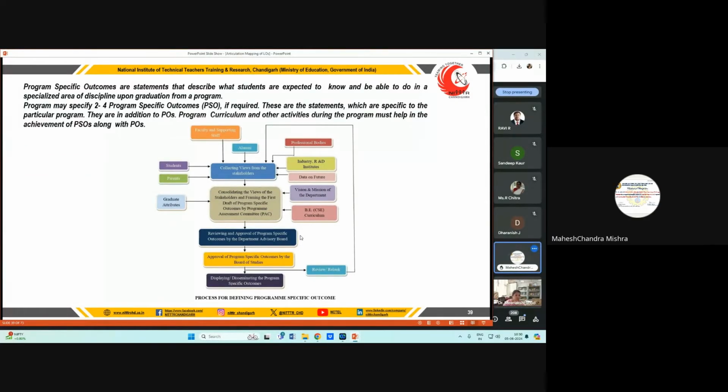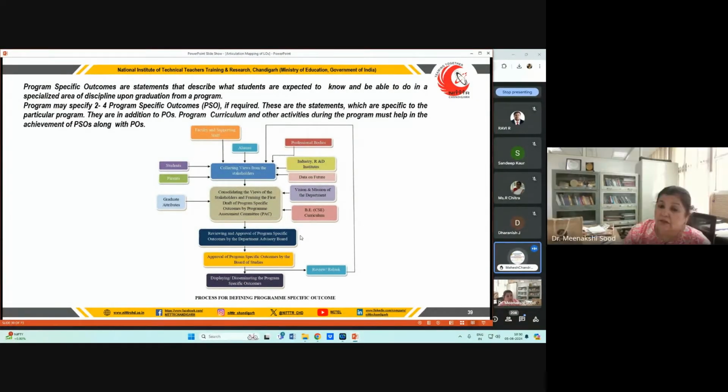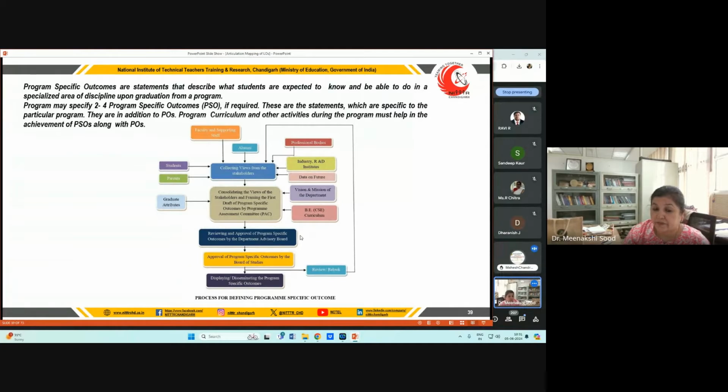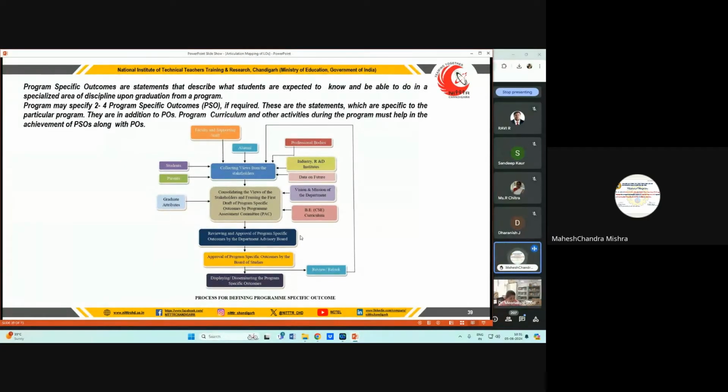Yes, ma'am. Actually, the PSO is specific to a particular domain. The things which cannot be covered in the 12 POs, we have to specify in that particular PSO as per our program. But if we write the PSO more generically, like the students will be able to get employment,